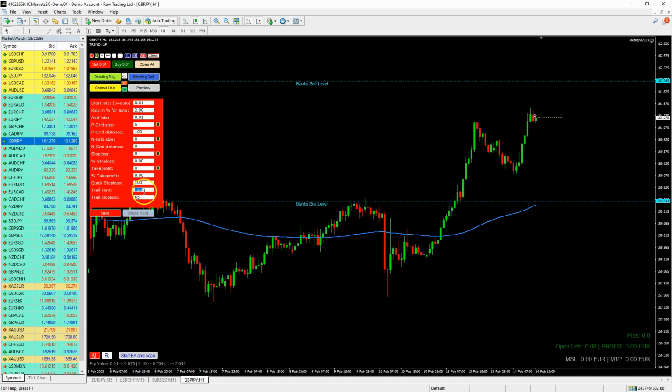Of course, you can set a trailer. This defines when the trailer should start. So if you say I want a trailer after the price is 10 pips in profit, then we would place 100 here. 100 points are 10 pips. And here you define the distance of the trailer to the price. For example, if you want a distance of 5 pips, you put 50 here. So if your trade is 10 pips in profit, then a trailer will trail 5 pips behind the price